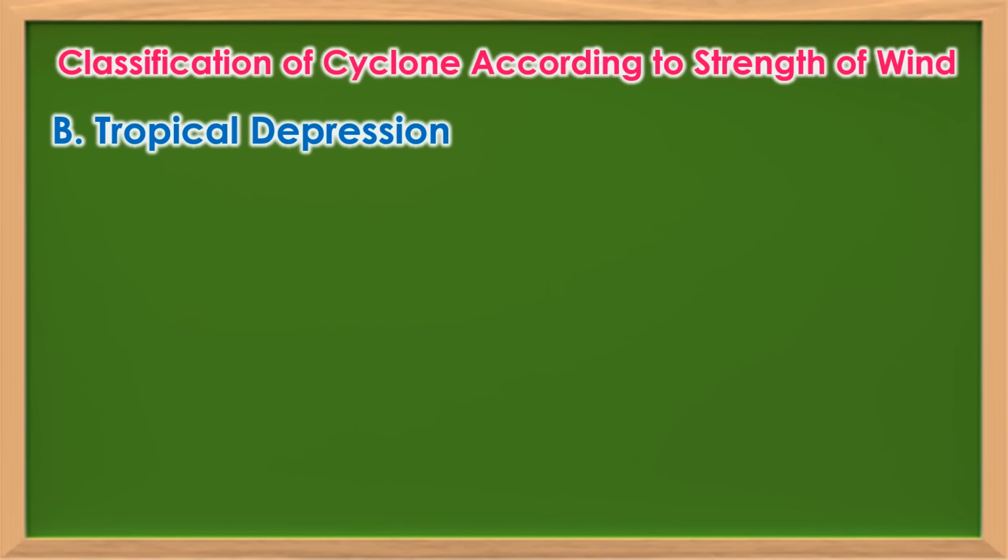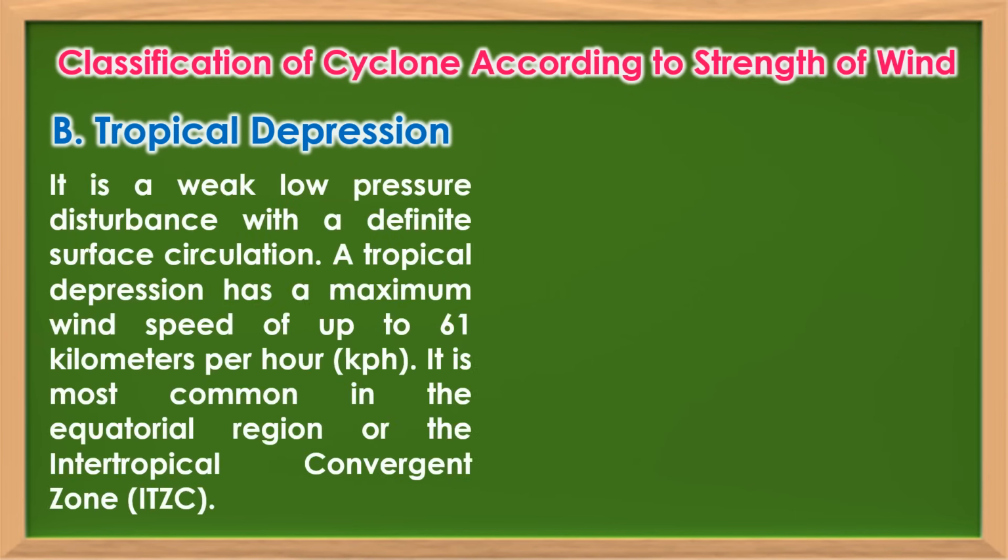B. Tropical depression. It is a weak low-pressure disturbance with a definite surface circulation. A tropical depression has a maximum wind speed of up to 61 kilometers per hour. It is most common in the equatorial region or the intertropical